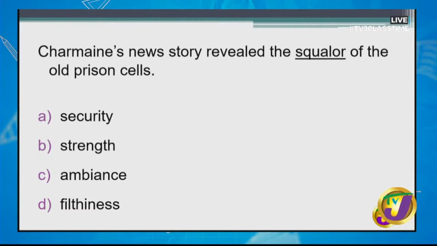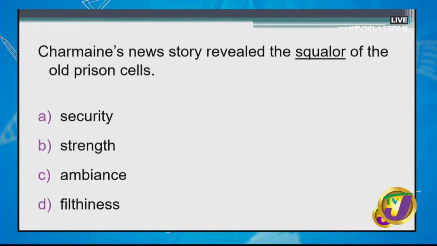You might be thinking, prison cells, strength is a good option because the cells should be strong. But remember, it says old prison cells. Ambiance. Remember, we talked about connotation and denotation. So when you talk about ambiance, you're talking about something that is good, something that is desirable. So, does ambiance fit